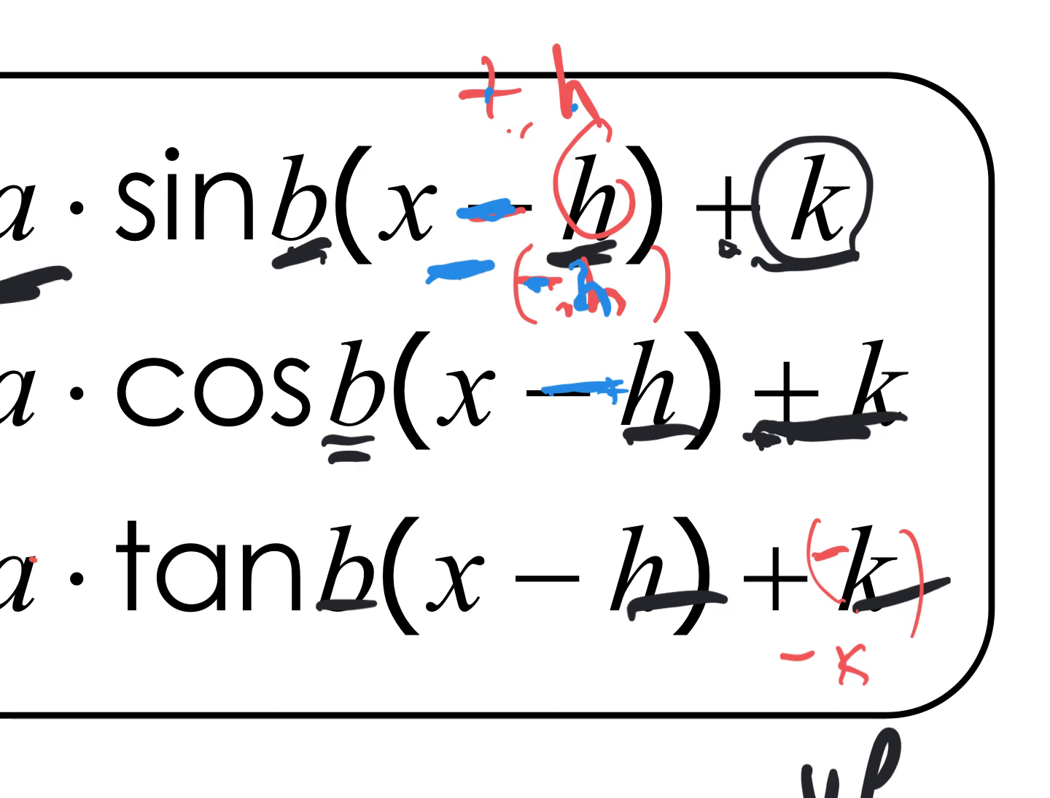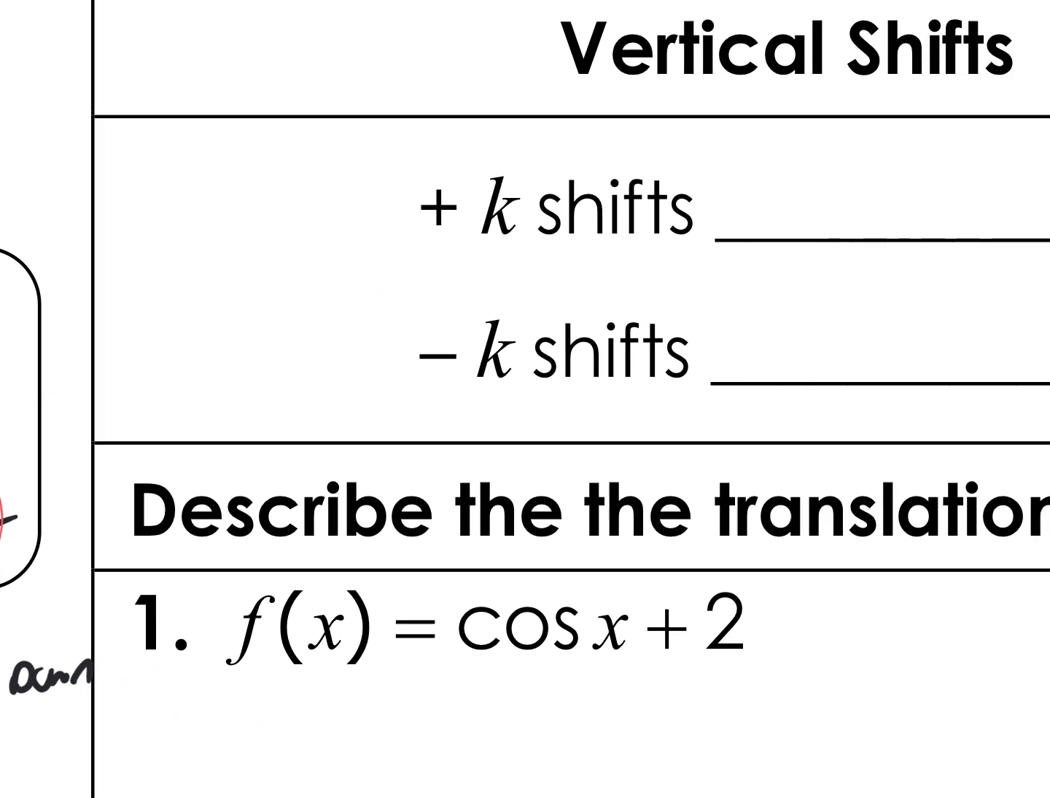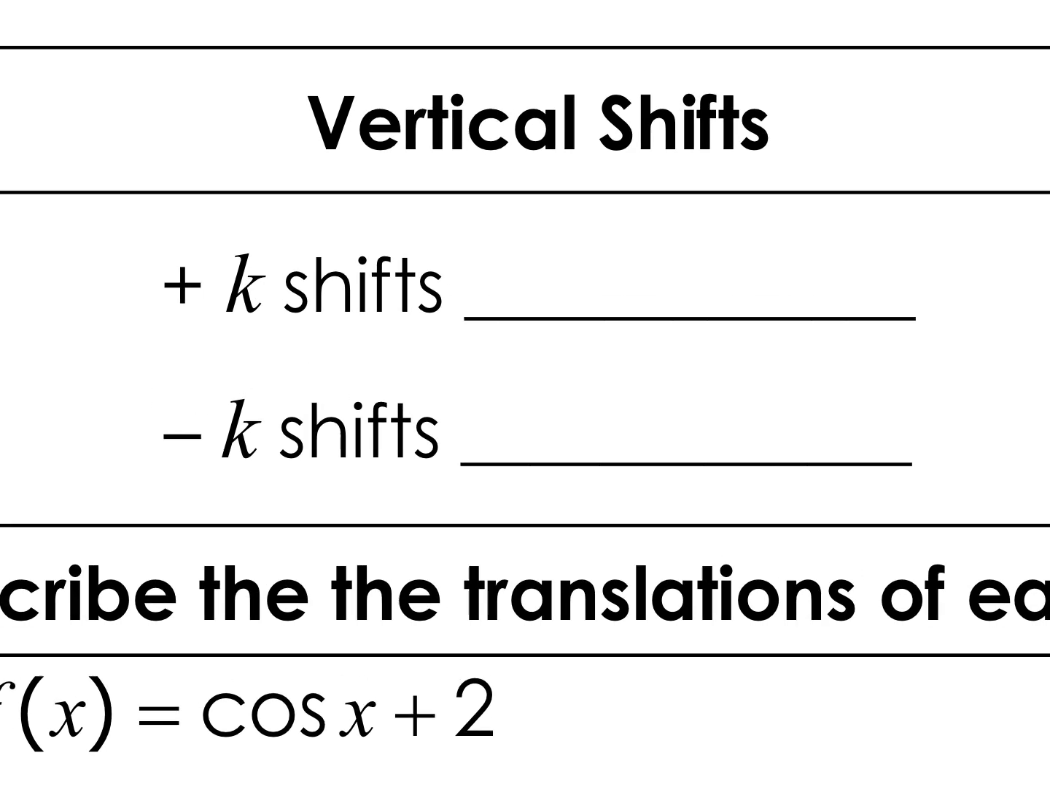All right, so we'll talk about this over here. Where does this black stuff come from? If the H is positive, then what you're seeing inside the trig function is x minus